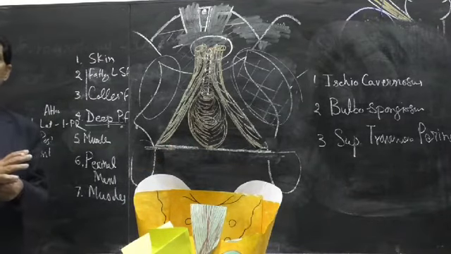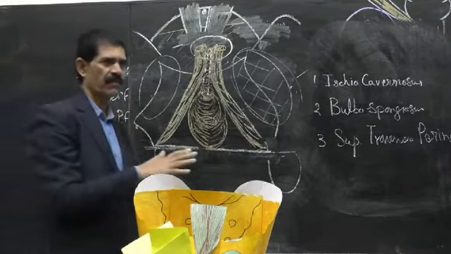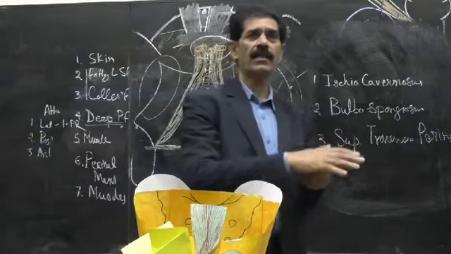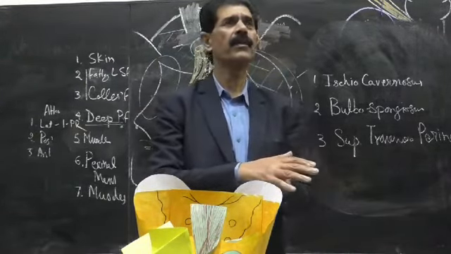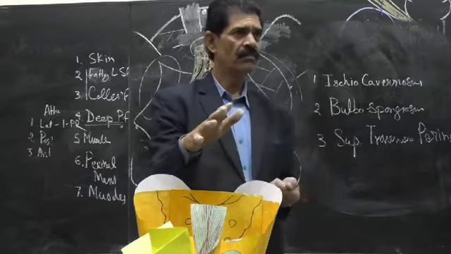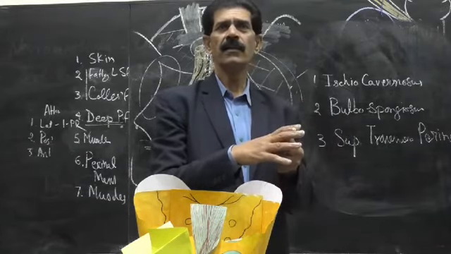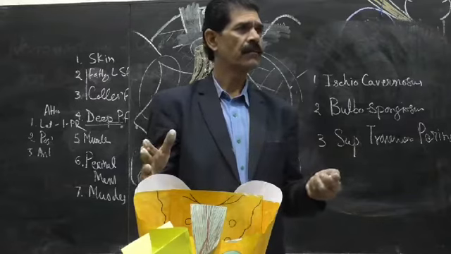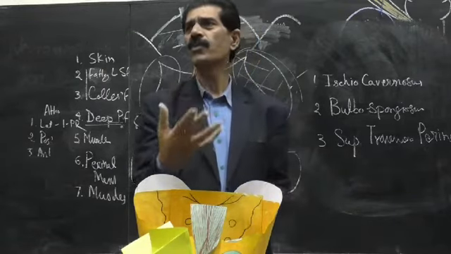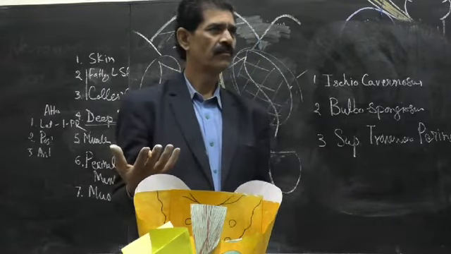So when the urine is not passed, the urethra is collapsed. But when the urine is passed, we all know that the urine comes with a very high speed. And because of the speed, the urethra has to be expanded. So this is why the bulbospongiosus muscle has been provided.